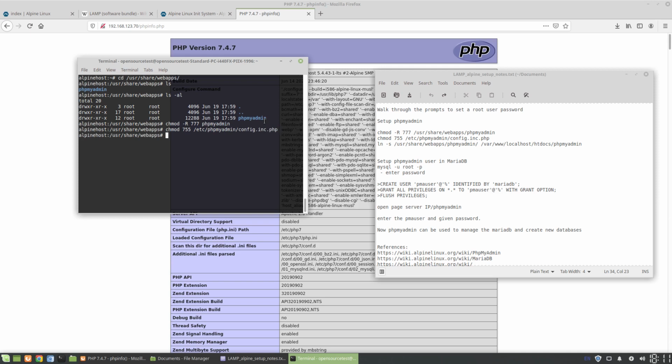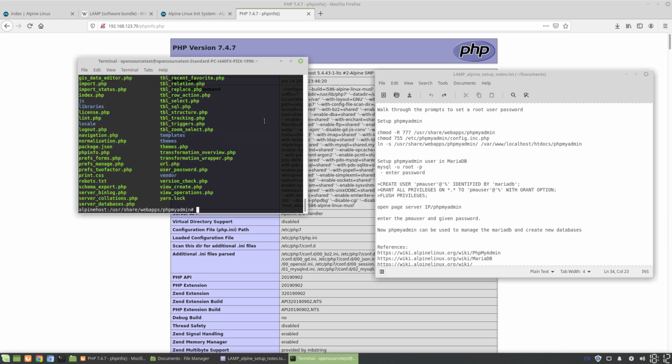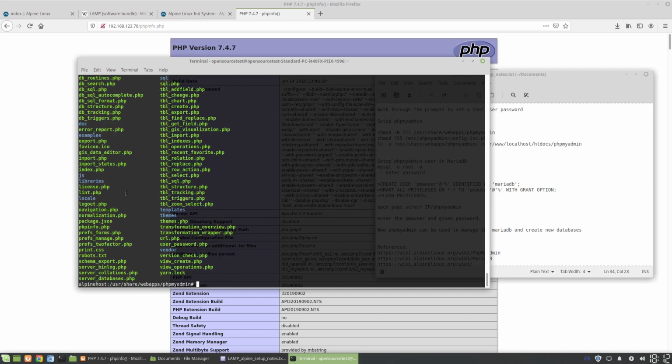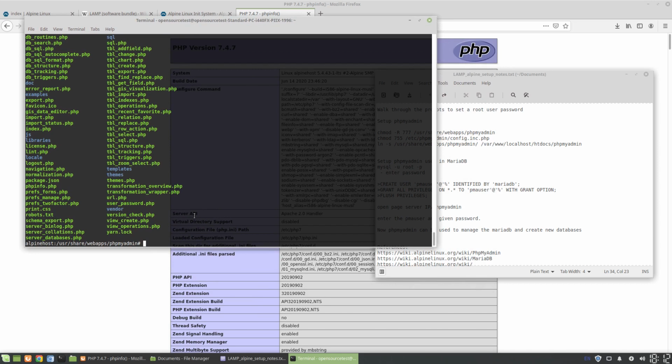Okay, and the reason we did that is because inside here, if we go in phpMyAdmin, in this web app, this essentially is the whole software. This is where all the source files and the pages and everything that makes phpMyAdmin work is all located in this directory. So we wanted to make sure that this directory was then accessible and readable by the Apache web server. Then we went to this etc